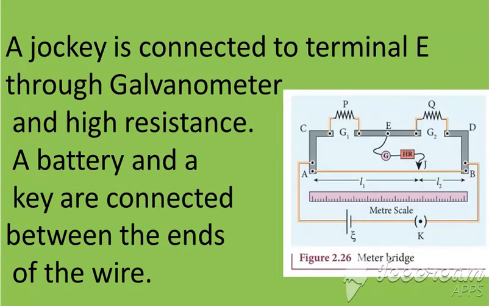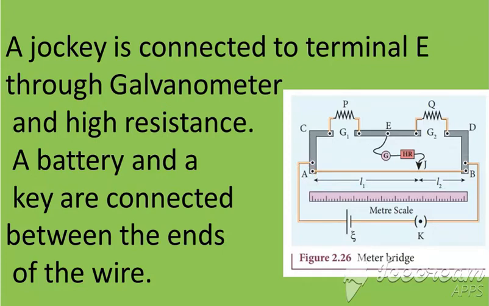The length which I am measuring here is L1 and L2. So these are the lengths, L1 and L2. First, before writing as L1 and L2, I'm going to write as AJ and JB, which denote the length. I'm also going to multiply with the internal resistance, because we are considering a battery here. Every battery has an internal resistance, so I'm also going to multiply that term with the internal resistance, which is denoted as small r.